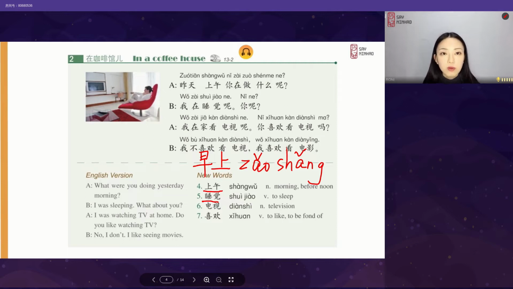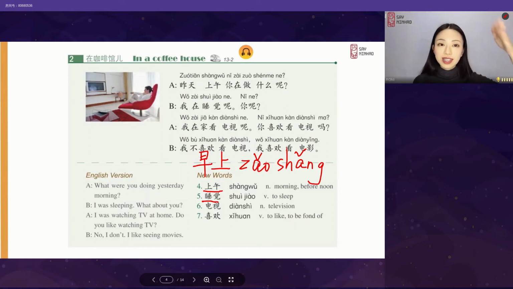This is the structure we've learned in lesson 9. 在 plus a place or a direction, and plus do something. It means do something at a place. 在家睡觉. Then when I want to say sleep at 10 o'clock, then it is 10